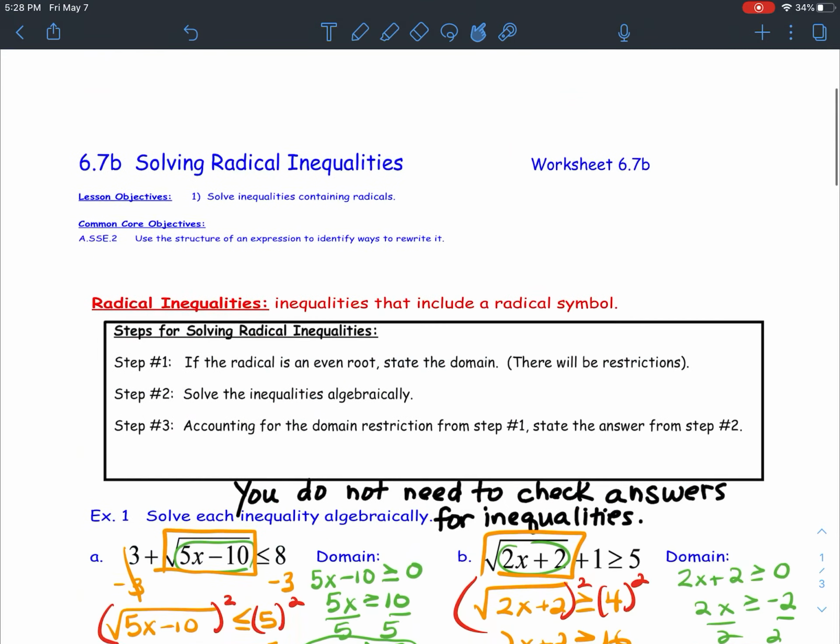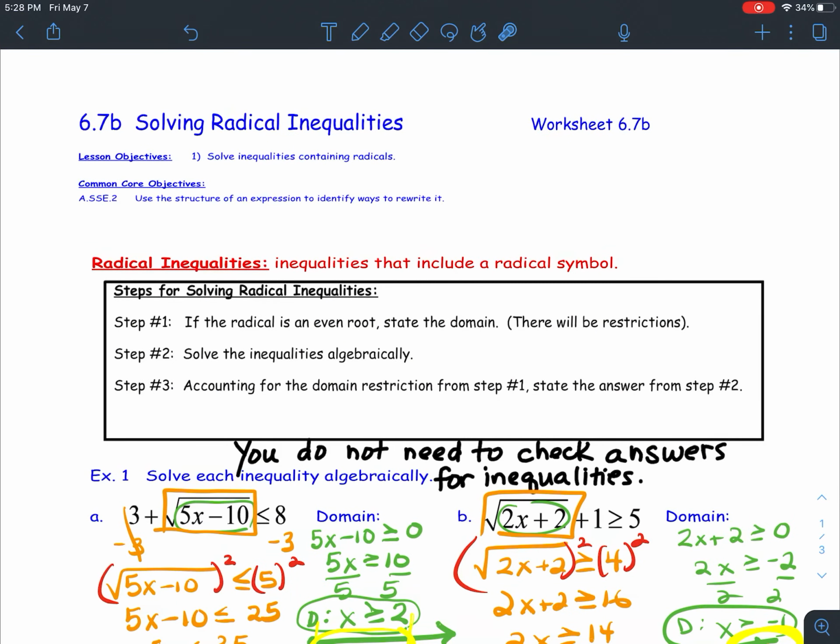Okay, that brings this lesson to a close, and the homework assignment is the worksheet 6.7b titled